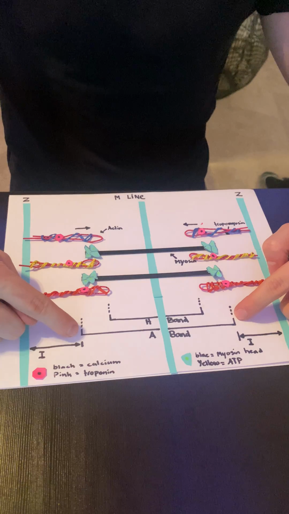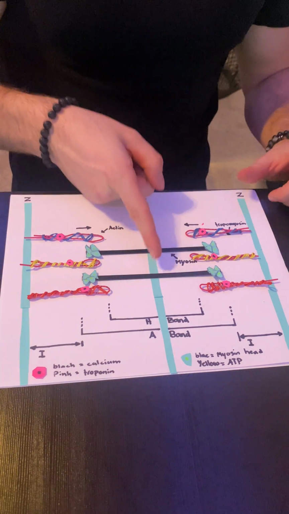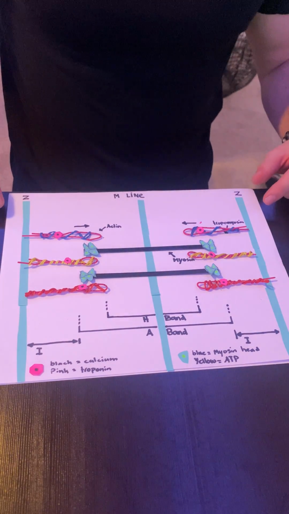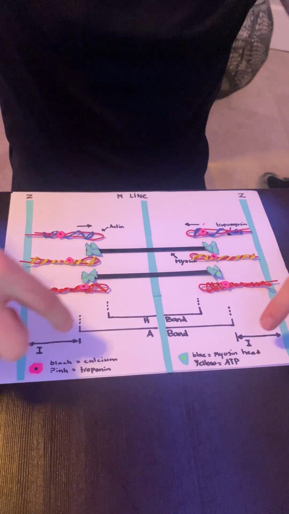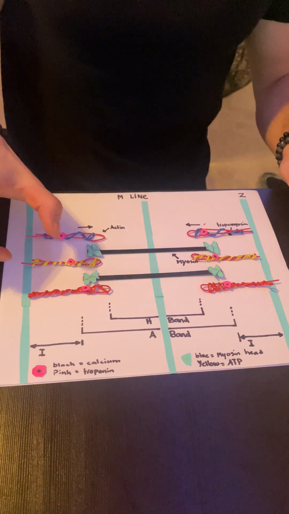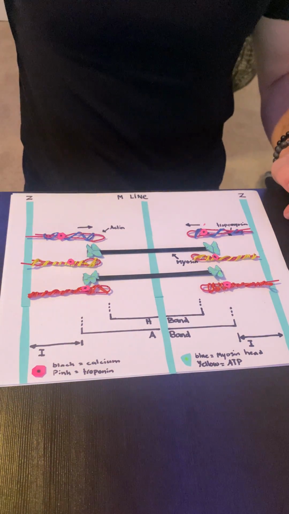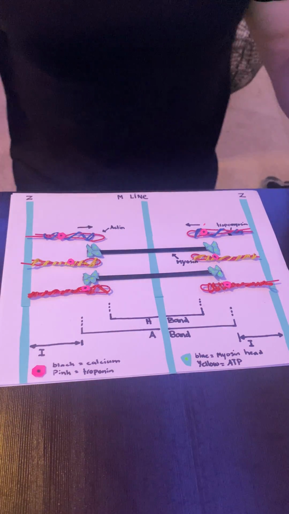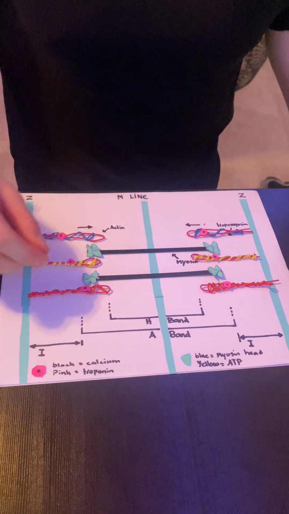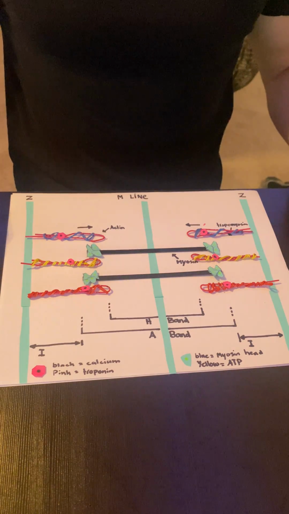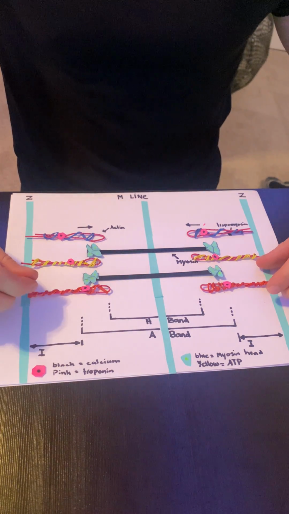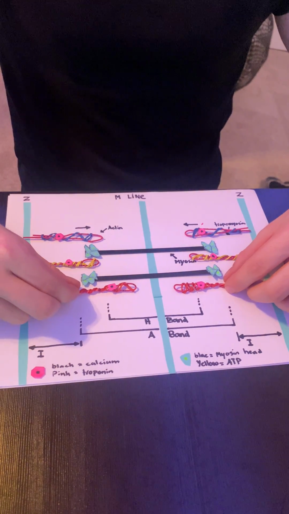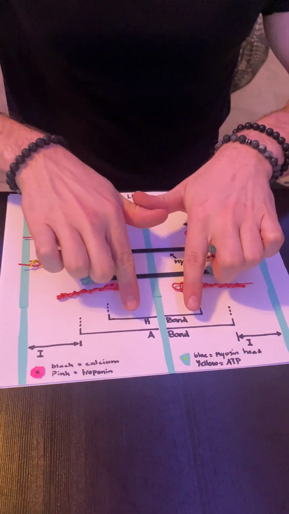The A band in the bottom is the full length of the myosin. The I band in the bottom here on the outside is only actin. Then we have the H band, which is only myosin. So as the muscle contracts and the actin moves in, the H band decreases in size,